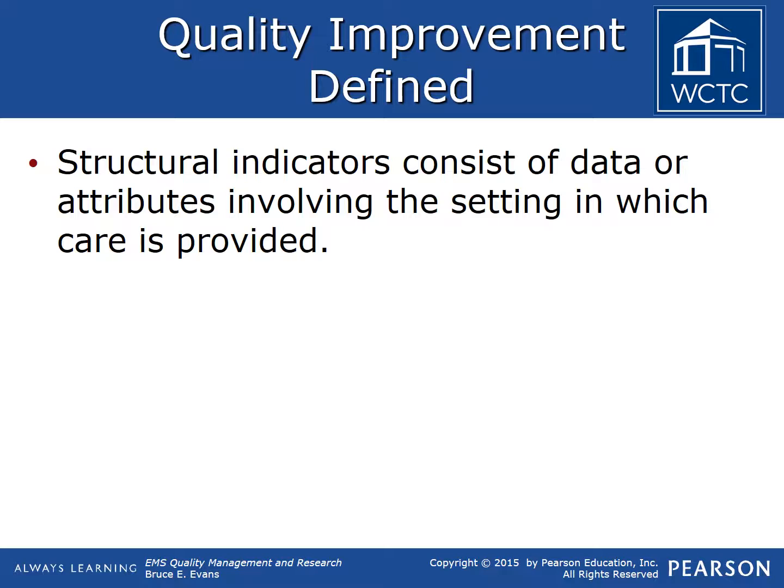One criticism of structural indicators in EMS is that they are typically an indirect measure of quality that may not be directly related to actual outcomes in patient care. An example is that of response times. In most systems, it is fairly easy to compile response time data, and there are standards in place that stipulate how long it should take to respond to various emergencies a given percent of the time. Being on scene within 9 minutes of a 911 call 90% of the time may meet such a standard and sound impressive to elected officials, but it cannot be correlated to quality patient care and outcomes.